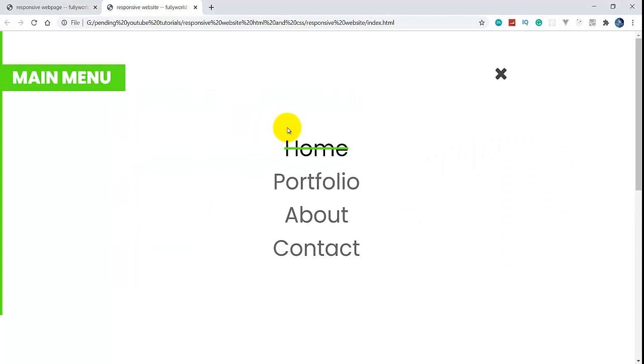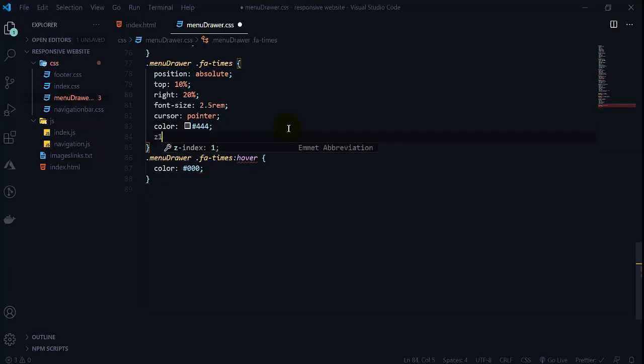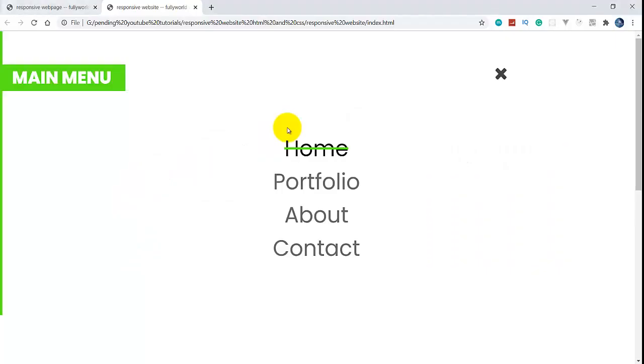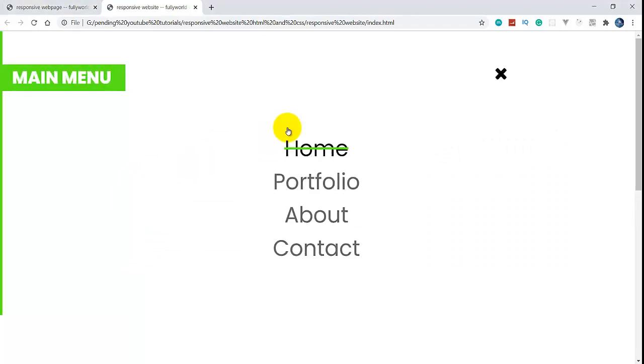See that. So we have to set its z index as 1 here. Reload it. See that we are getting this perfectly.